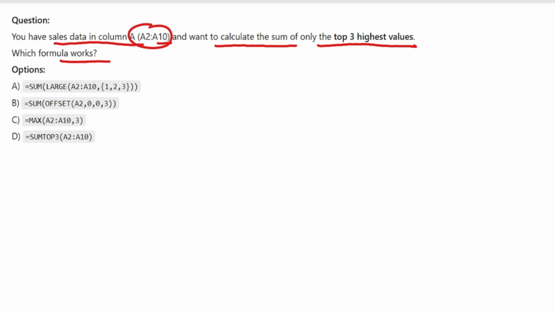The formula for the top three highest values is option A: equals SUM(LARGE(A2:A10, {1,2,3})), because 1, 2, 3 is used for the top three highest values. The LARGE function returns the nth largest value; here 1, 2, 3 creates an array of the top three values, which SUM then adds up. So option A is the correct one. Now move to the next question.